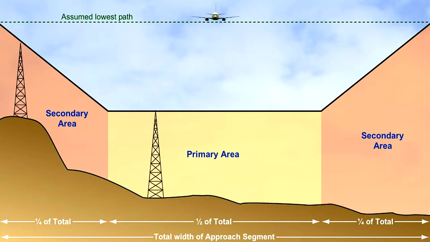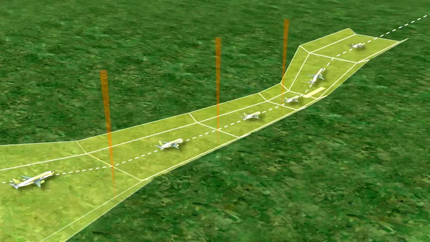Each system used in precision and non-precision approaches has system minima, which are reproduced here. The minimum obstacle clearance is defined for all aeroplanes as a fixed margin, which is to be added to the height of the dominant obstacle. For a precision approach, MOC is implicit in remaining no more than half-scale deflection of the needles on the display.